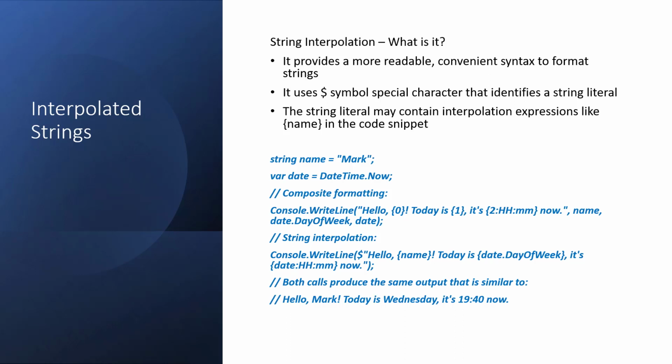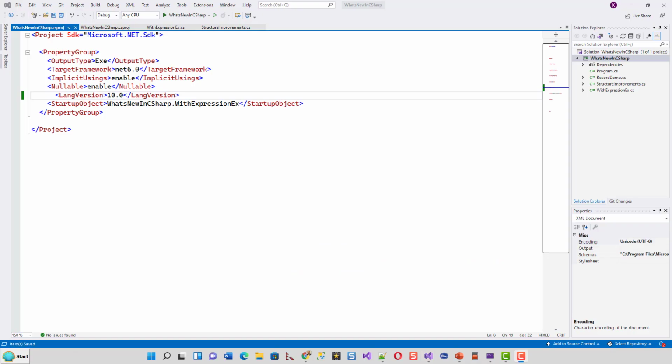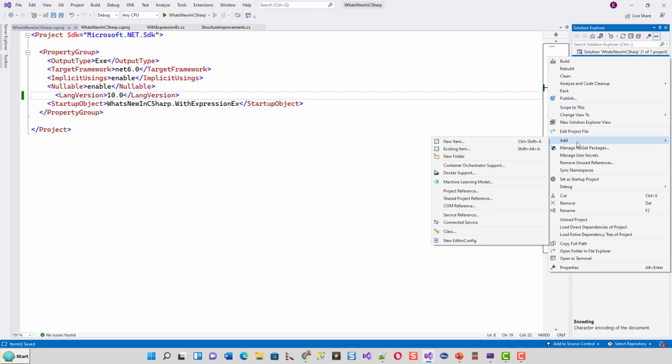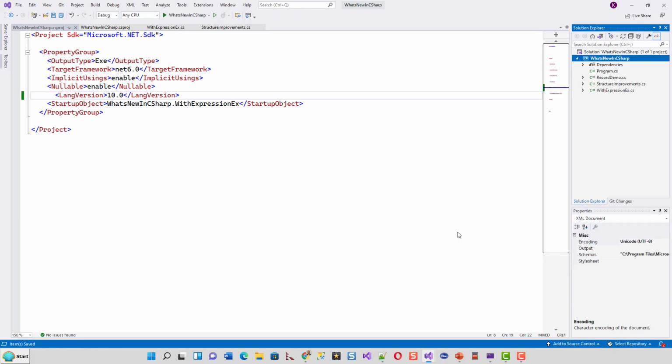Okay, so let's have an initial implementation in Visual Studio. We'll switch over to Visual Studio now. We'll switch over to our What's New in C# project that we have been working in from the last lecture, part 1, and I will right click the project, add a new class, and name it Logger.